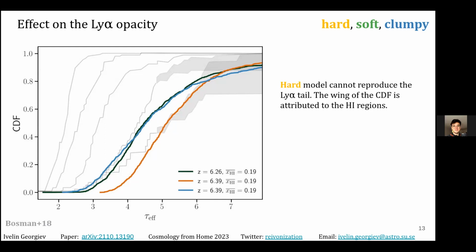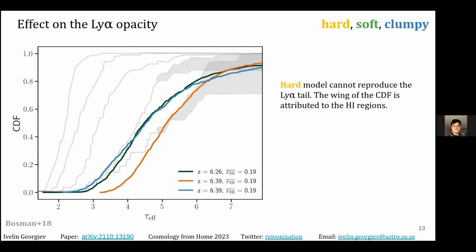These figures, among many others, show this interesting behavior that indicates to us that the universe at that point must be in the process of reionizing, because the cumulative distribution function is changing. It's evolving from this more step function feature to this more skewed feature, which tells us that the mean of the distribution of the effective optical depth is changing, and also it's becoming skewed. What I should also mention is that the effective optical depth is calculated from the flux of the quasar spectra.